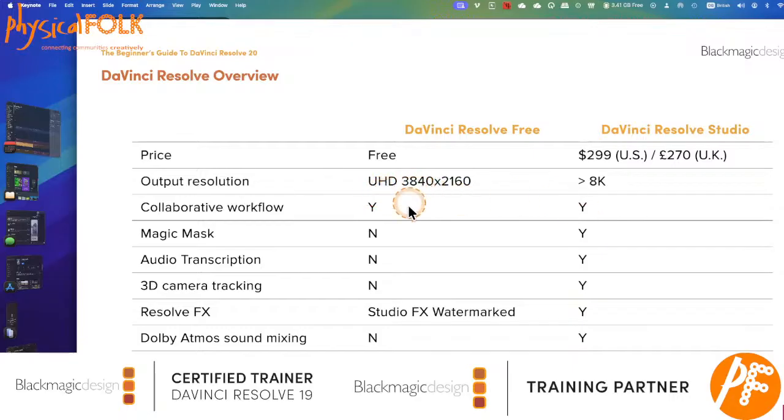Okay, so the main differences between having the studio version, apart from price, is DaVinci Resolve, the free version, you can do Ultra HD or Ultra High Definition, which is sort of 4K for broadcast. So some people say, oh yeah, Resolve free doesn't do 4K. Well, it does. It's just the 4K version for broadcast. So that's pretty amazing. For resolution-wise, for studio, it can go unlimited resolution, so greater than 8K, and there's no one doing anything above that at the moment. But Blackmagic have got a 12K camera, so